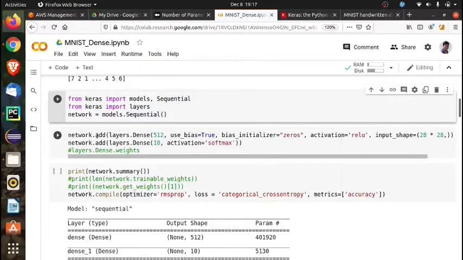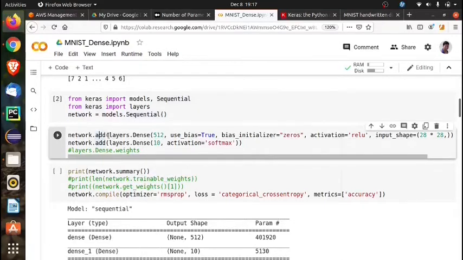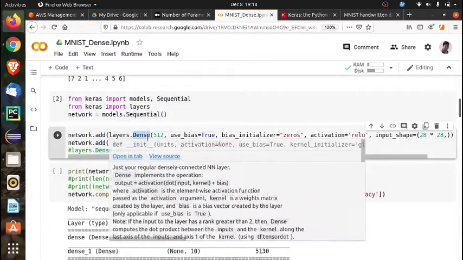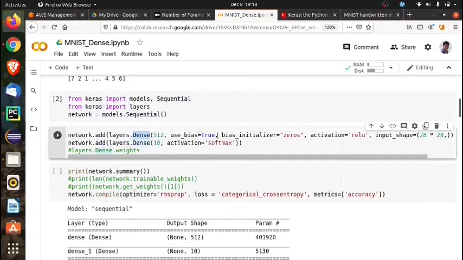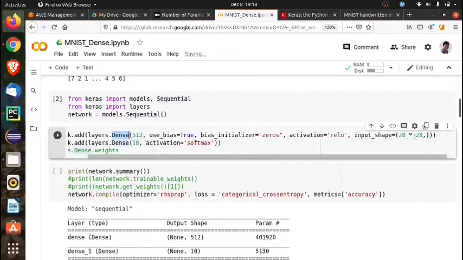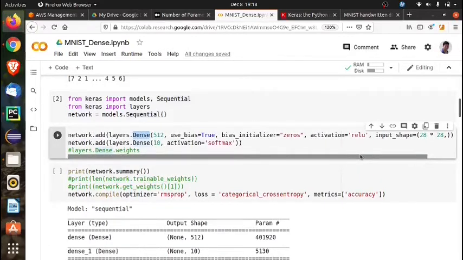From here we will be using the add function for adding layers. You can see that we are adding dense layers. We are using the first dense layer, and here we are using the input shape as 28 into 28.